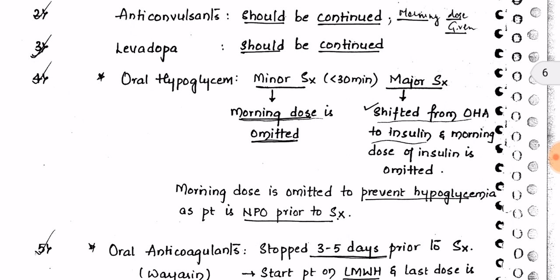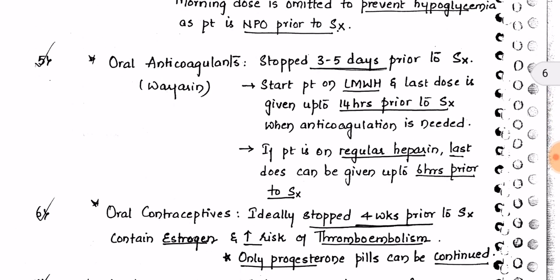Okay, now coming on to oral anticoagulants. For example, if a person is on warfarin, right, any oral anticoagulant, we have to stop it 3 to 5 days prior to the surgery. Now, we have to start the patient on low molecular weight heparin and the last dose is given up to 14 hours prior to surgery. So, for example, if the surgery is at 10 in the morning the next day, we have to take the last dose of LMWH